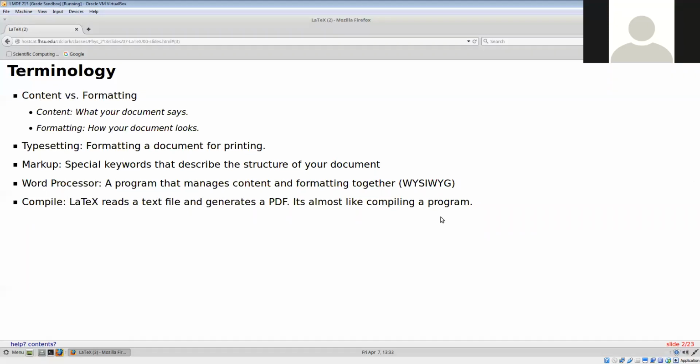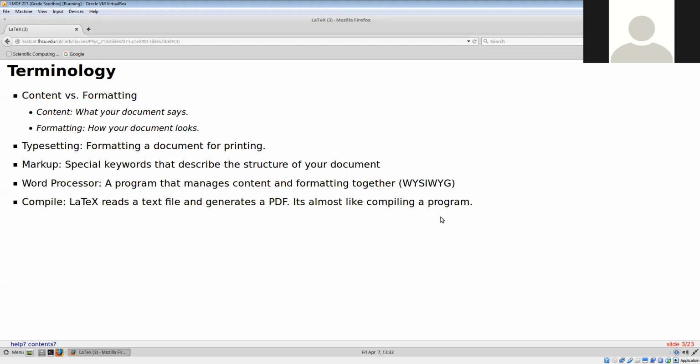All right, so some terminology. We've got content of a paper versus formatting of a paper. Content is what your document says, and formatting is how it looks. We've talked about this in previous modules when we started using text editors. We saw that if you tried to open up a Word document or a LibreOffice document in a text editor, there's a bunch of stuff in there that was more than just what your document said, because it has to keep track of what words should be bolded, how big the margins are supposed to be, all that information is in that document. And so a text processing